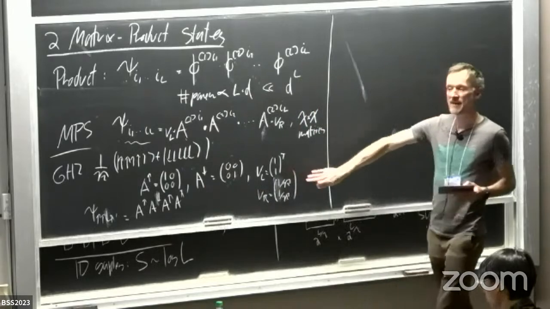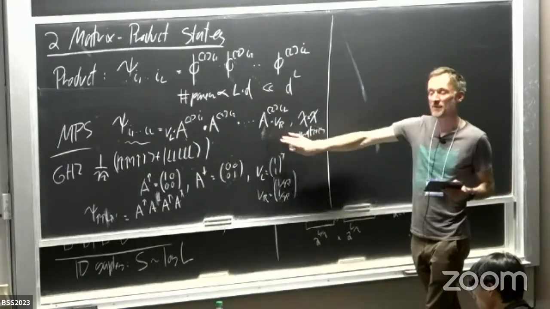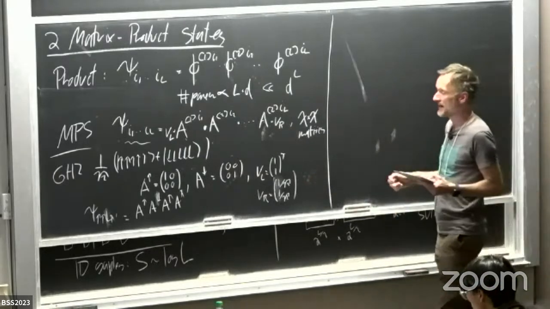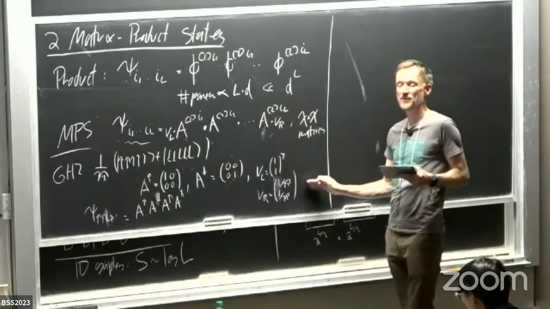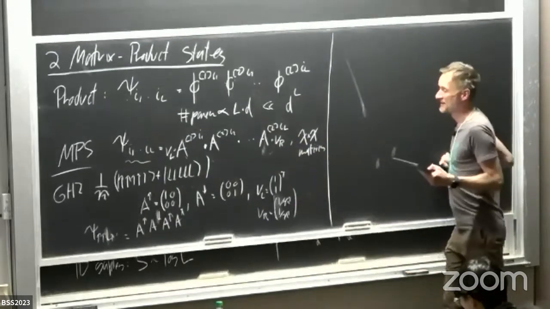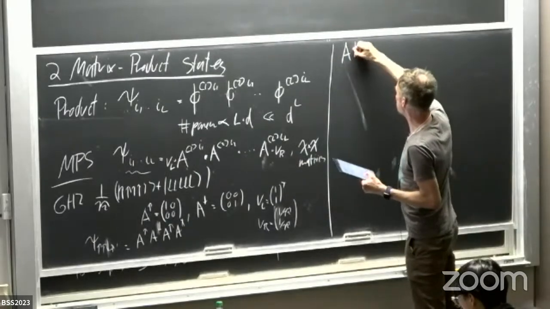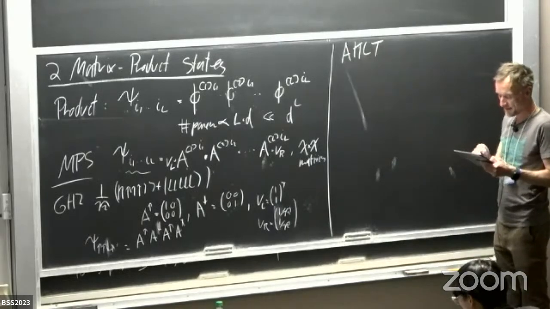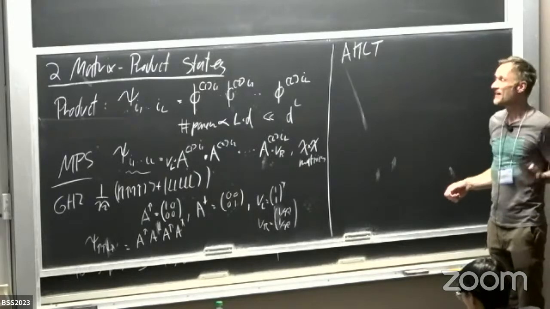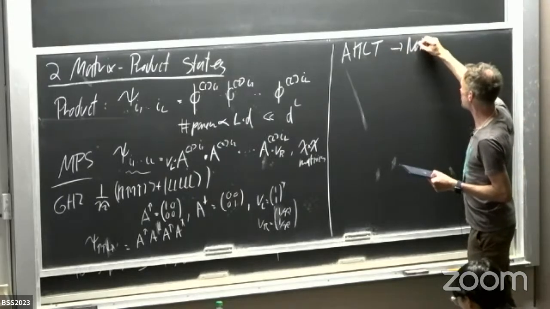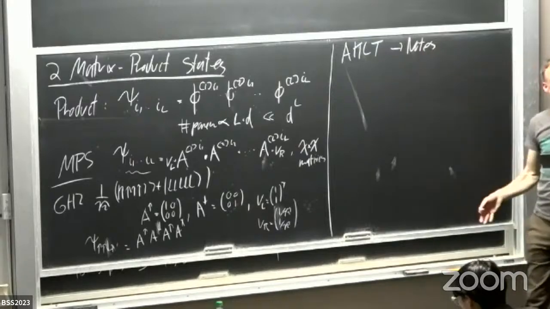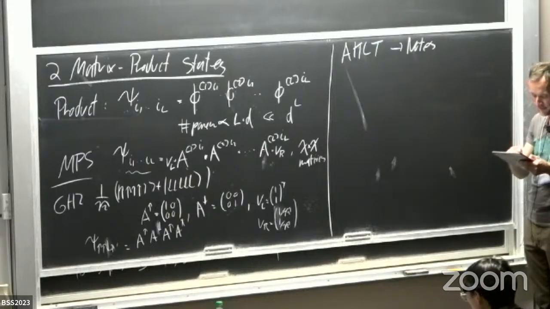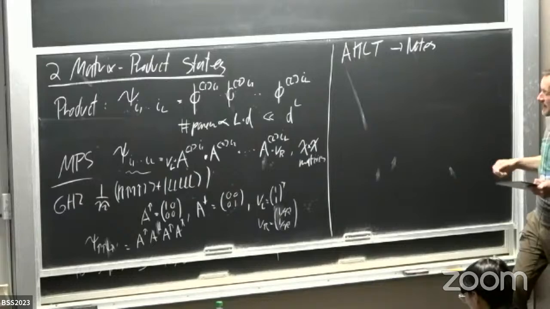So this is just one simple example where we can see that there is a state that we can represent exactly in terms of an MPS. And there are many other states where we can find an exact representation in terms of an MPS. Another famous one is the AKLT state, or the Affleck, Kennedy, Lieb, and Tasaki state, where you can convince yourself that this is a matrix product state, and there are some details in the lecture notes. Besides this, you can come up with various interesting Hamiltonians where you know exactly how to write down the ground state as an MPS.